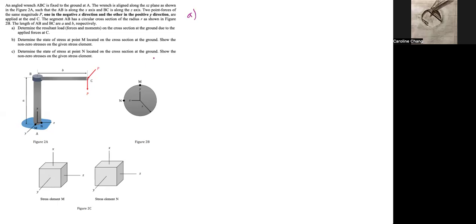So first what we have to identify is the positive coordinate axes. The positive coordinate axis is defined to be in 3D, y, z, and x. And it's worthy to note that this coordinate system is only defined as positive for the external forces applied on the system. So, for instance, these two P forces will follow this positive convention over here. However, when considering internal forces, we have to be careful because the sign conventions for internal reactions and loads are different than considering